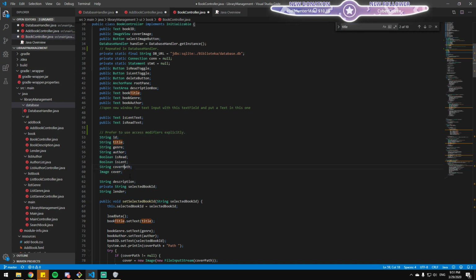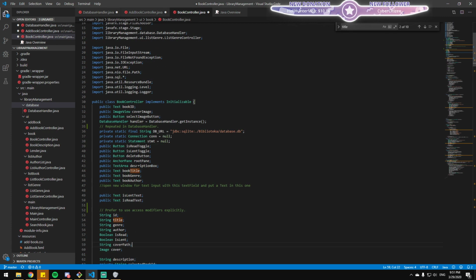Is there a reason why those are just a bunch of fields and not an object they bind to? Right. So these text and text area are all JavaFX elements, and they bind to the view. But those are not just private fields. I think it's probably not necessary, but it was probably easier for him. I can see that.